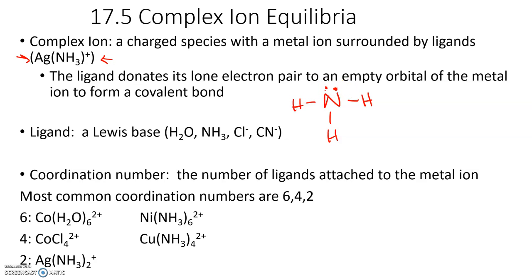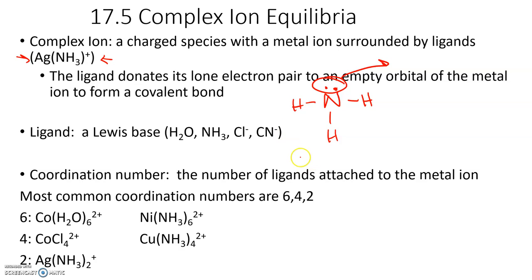And so the reason that ammonia is considered to be a ligand in this case is because this extra lone pair right here, it's going to donate it to an empty orbital that the metal has, and in turn, it forms a covalent bond that will then create a charged ion or a charged particle,